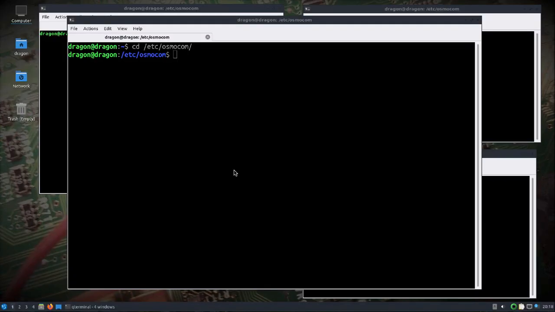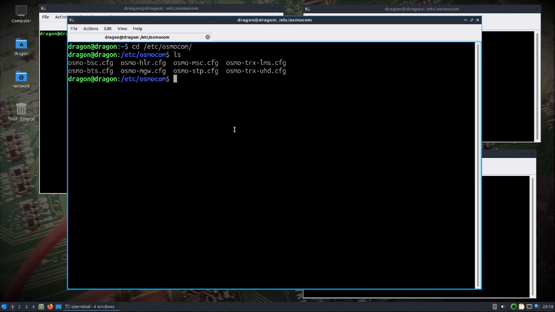All right, we're going to take a look at how to add voice calls to the DragonOS Focal public R1. It just takes a change in a configuration file, and then when you're setting up your GSM network, you'll be able to make voice calls. I'm sure there's some tweaking that can be done, but what we're going to do is take a look at